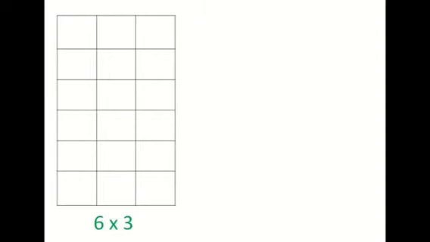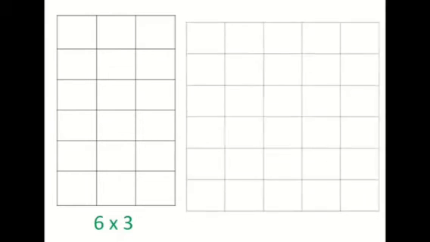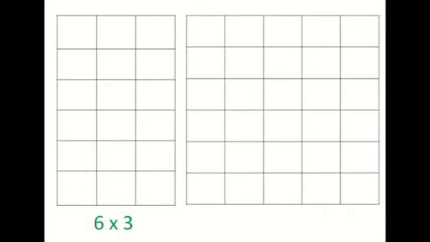Okay. Now look at the second grid. So here 1, 2, 3, 4, 5. 5 squares are there in the row wise, and column wise it is 6 squares. So how many squares are there? It will be 6 into 5. Is it clear for you? I hope all of you are enjoying the activity.